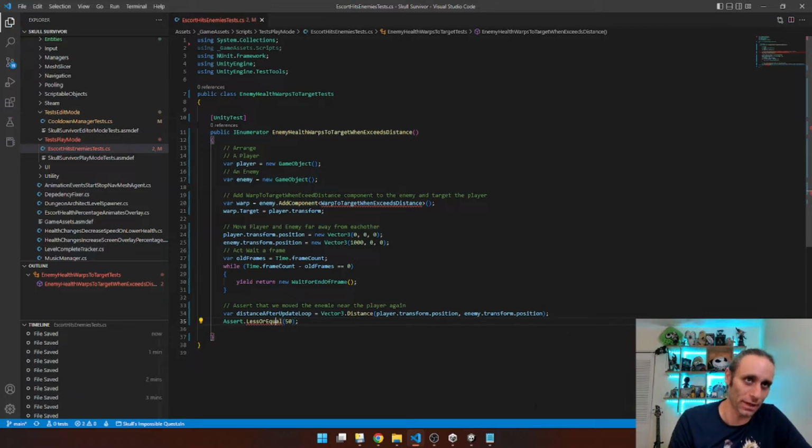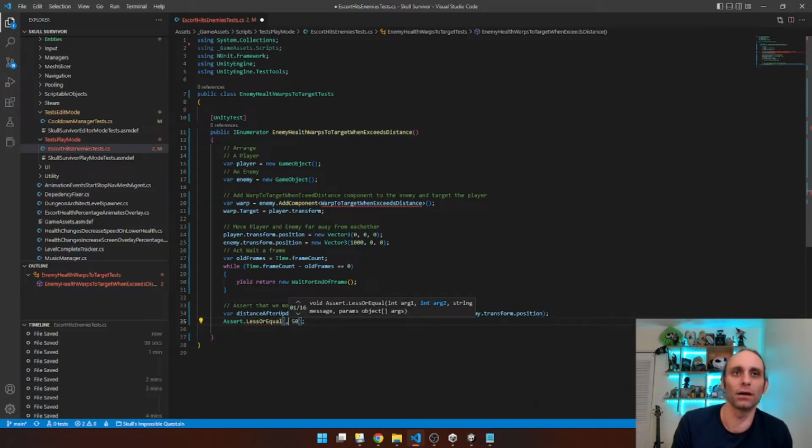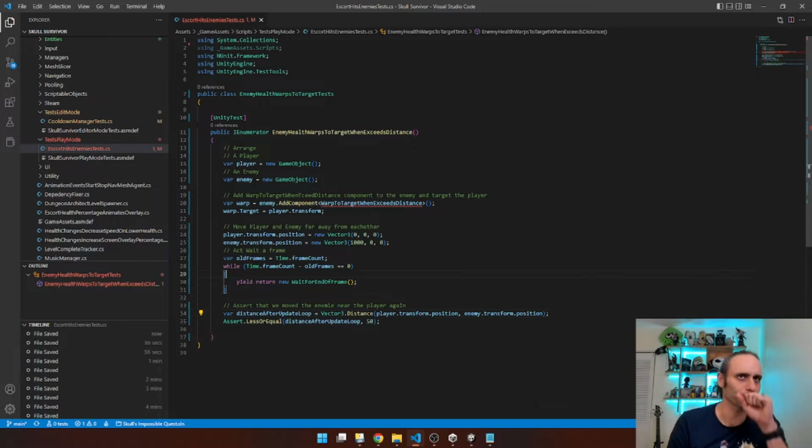I'm thinking the distance of 50 might be the default on the component. We'll make that a serializable field so we can interact with it. But for the purposes of our integration test, we can just use the defaults and test around the defaults and be fine. Sorry, less or equal compares two values, 50 and the other, and then message params. In here, we're going to say distance after the update loop. There might be something wrong with it, but